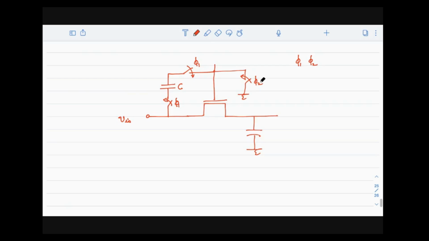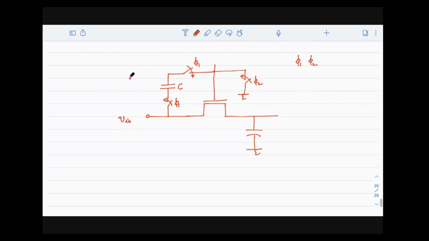Ground. Very good, correct. Now if I need to charge the capacitor, can I assume that I'll charge the capacitor to VDD and just place it over there? Will it work? Definitely it will not work. Initially it may, but we know that there will be leakage, and leakage current within the switches as well. So I need to refresh the voltage across the capacitor, refresh the charges.